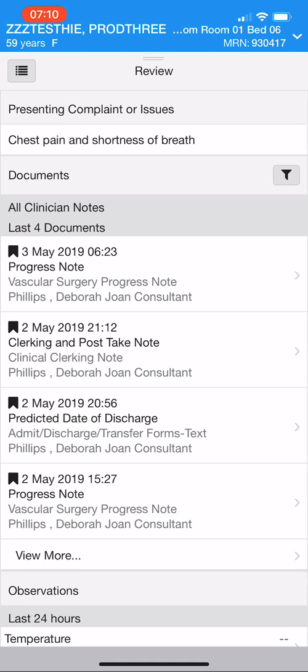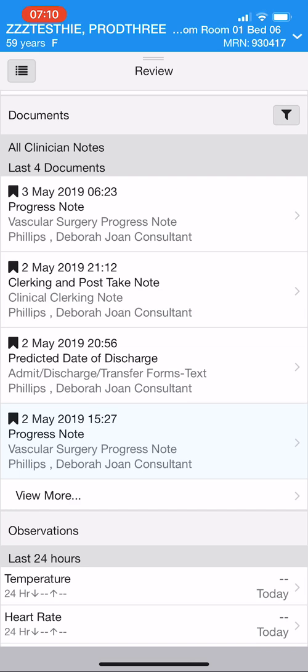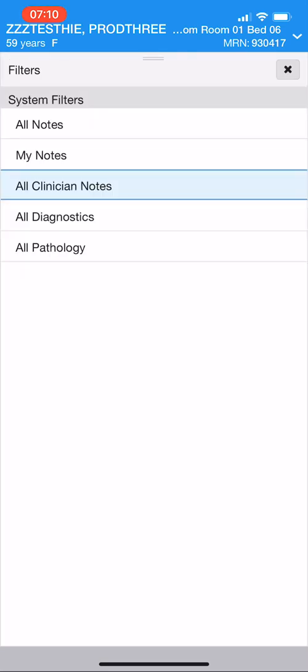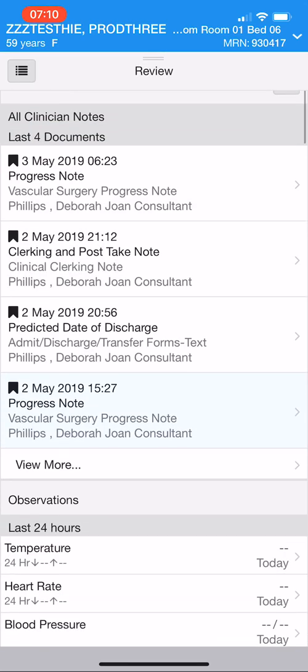If we now scroll through the notes, you'll be able to see what's available, presenting complaint, documents. This will default to show you the last 4 clinician documents. You can view more or toggle the filters by selecting the icon next to documents, just as you would on the desktop to show you more notes. Continuing down,